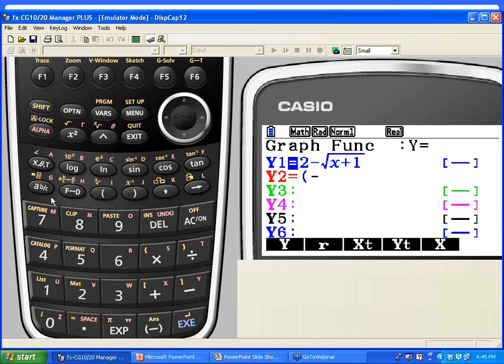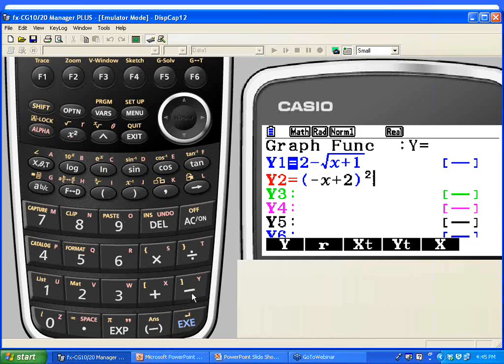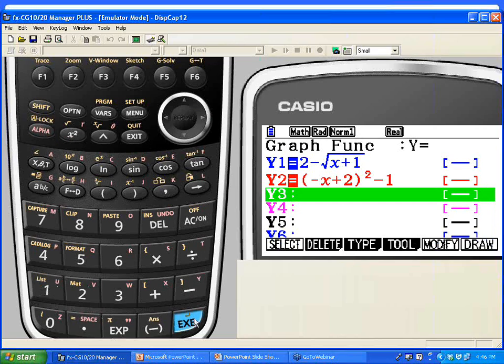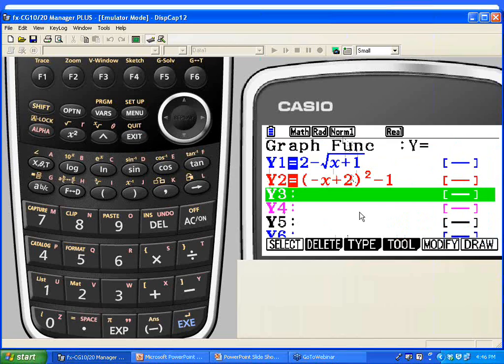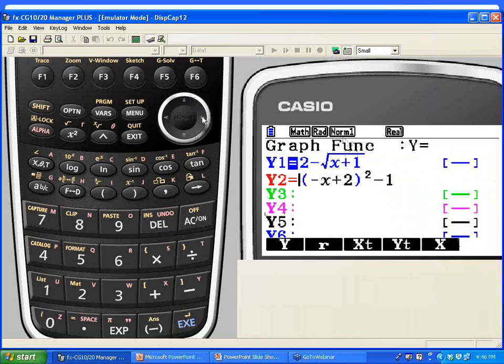Let's go back and graph it again. Negative x plus 2 squared was the function, minus 1. Whoops, I went back in front of it. Let's try that. I'm glad you stopped me. I needed a break. All right, here's the original graph. So this one had a graph, let's see, we were graphing from -1 to positive infinity for x, and the y was from 2 to negative infinity. So this one, we really want to see the left side of the graph. You're right. So we need to come back and,